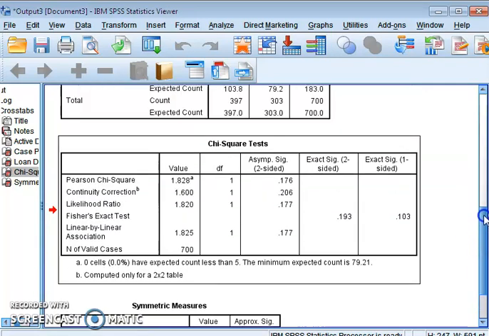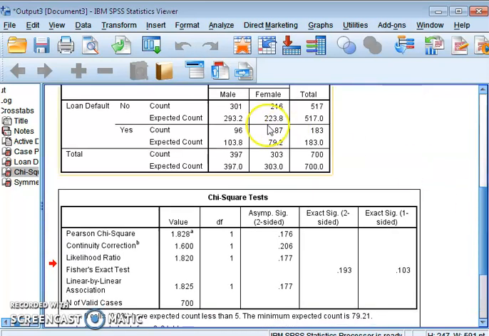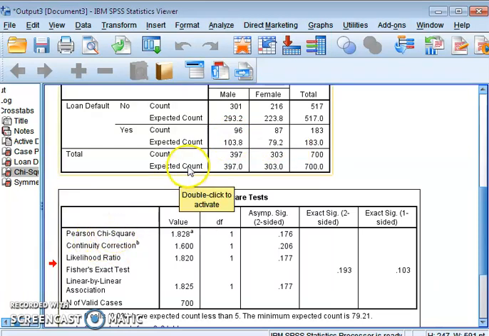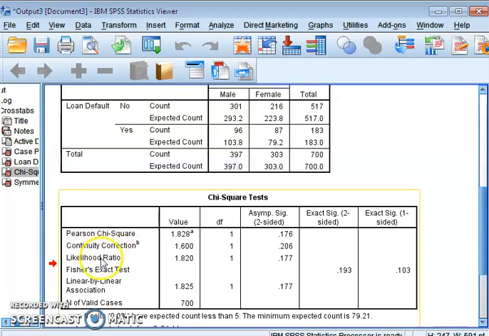So this is the interpretation of the chi-square test. One important aspect: although expected count in each cell is higher than 5 here, just imagine if any cell had a count less than 5. Then we cannot use Pearson chi-square. Pearson chi-square cannot be used if the expected count in any of these four cells is less than 5. Although in the present example it is not the case, if it is the case, then we will read this Fisher exact test.